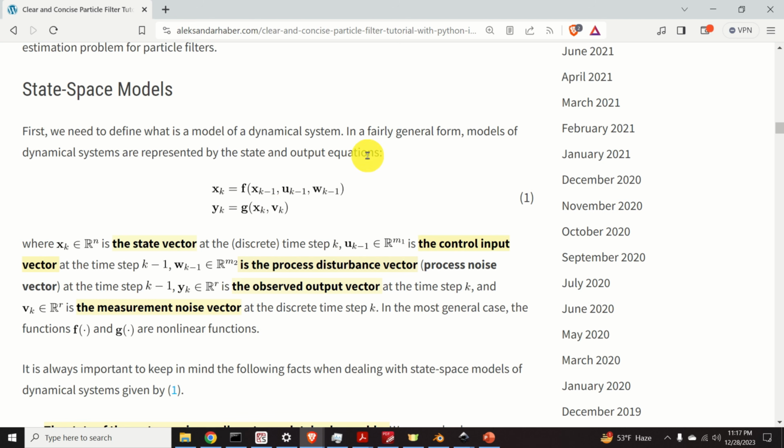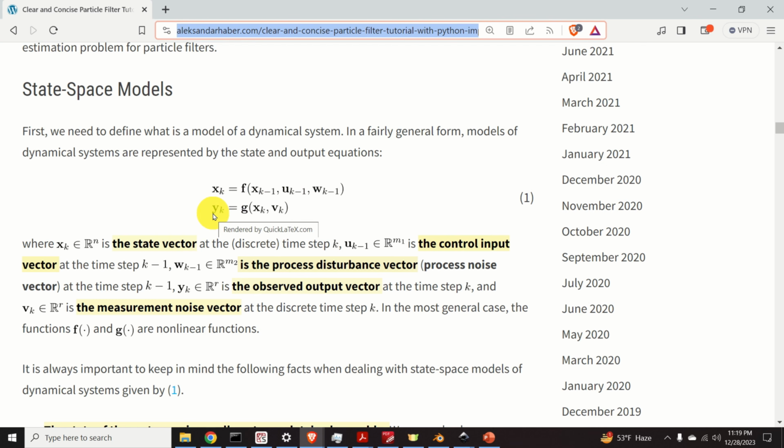In the most general case, the functions f and g are nonlinear functions. It is always important to keep in mind the following facts when dealing with state space models of dynamical systems. First of all, the state of the system xk is not completely observable. To repeat, the state of the system xk is usually not completely observable. We can only observe or sense the output of the system denoted by yk. The main purpose of state estimators is to estimate the state of the system xk by using the measurements of